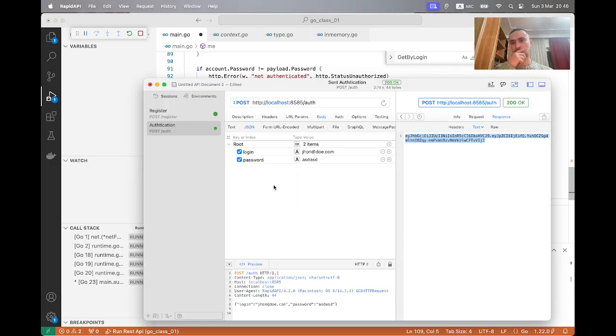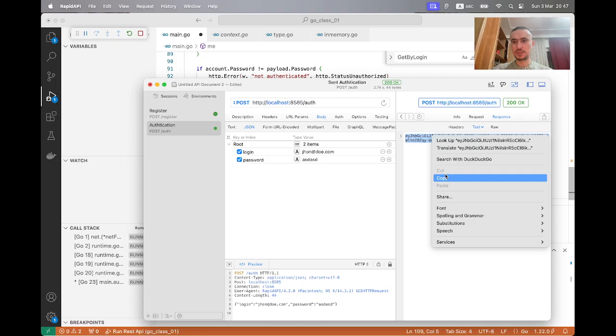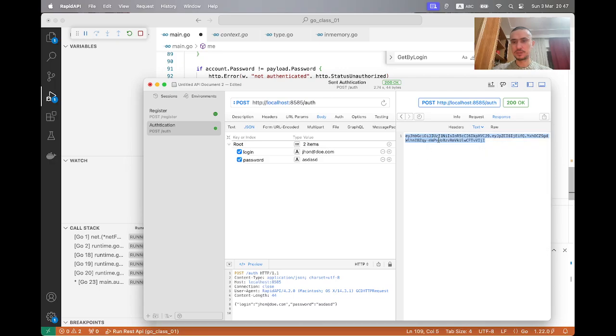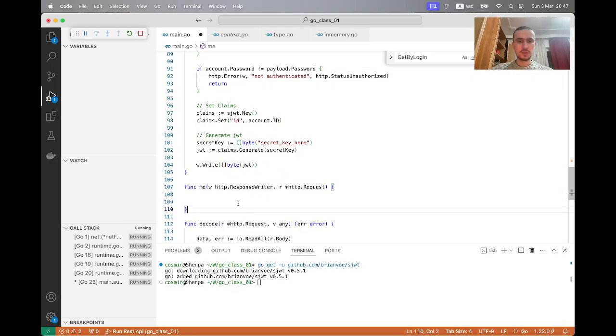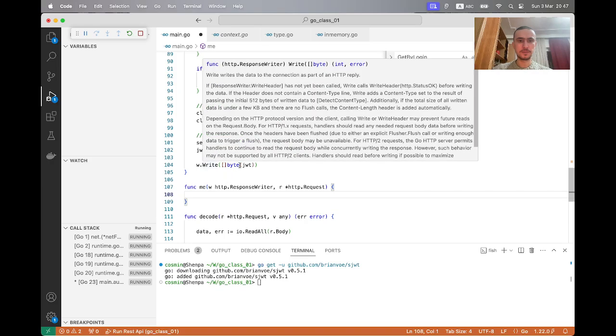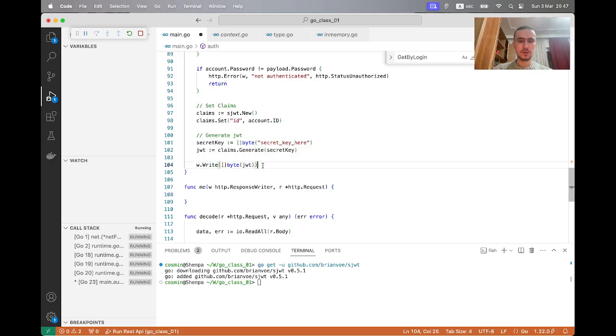So there, in the me implementation, we have to use the authentication key. Before